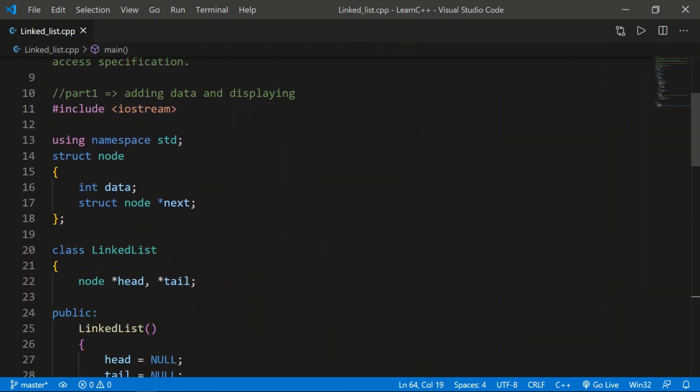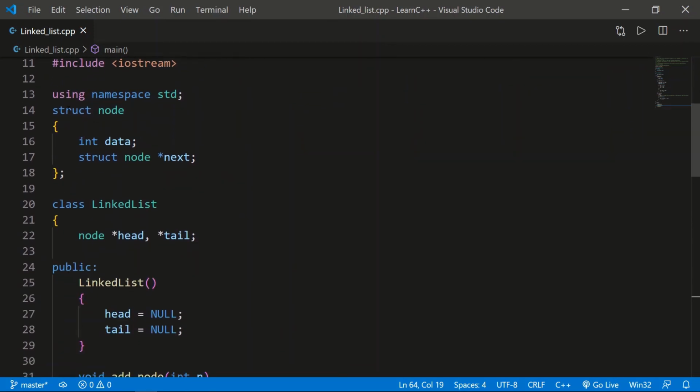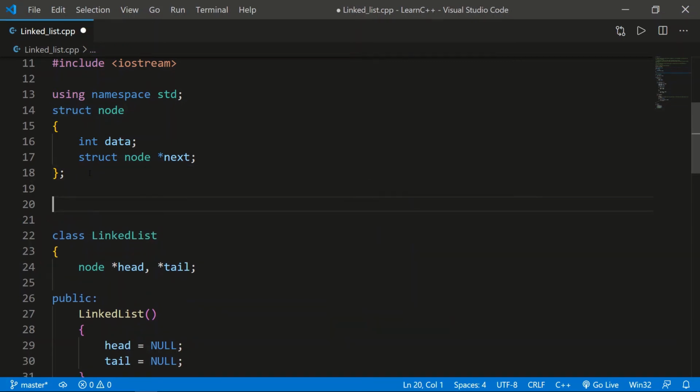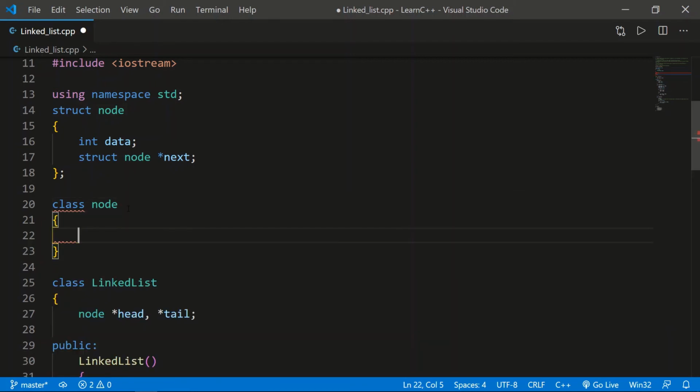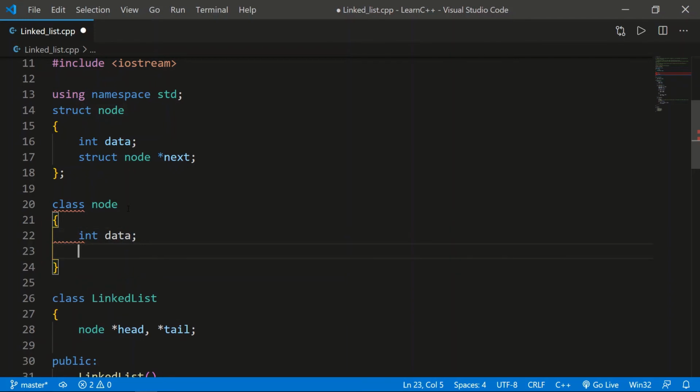Okay, let's come to the first one. First of all, we created a node. You can do this by using a class. Okay, I'll show you using a class. So I'll just write class name Node. We create a class of Node and just write int data, and we'll create an instance of this. We'll just write Node and we'll write next. Okay, we created two things.